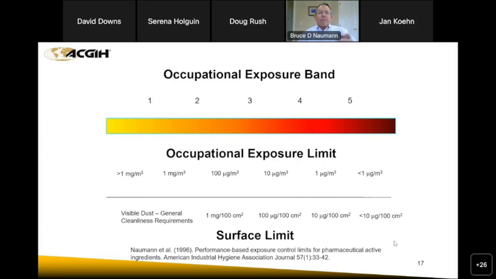figure that came from a paper that we published some time ago about what we called performance-based exposure limits, before control banding was used. And the idea was, I think at Merck they started setting exposure limits. They called them exposure control limits at the time, back in the late 70s. So with about 10 years of experience, they realized what sorts of engineering controls needed to be used to meet those limits.